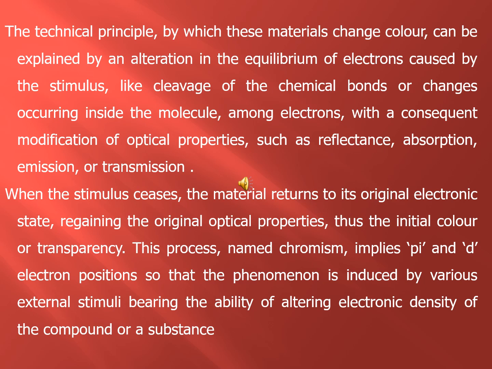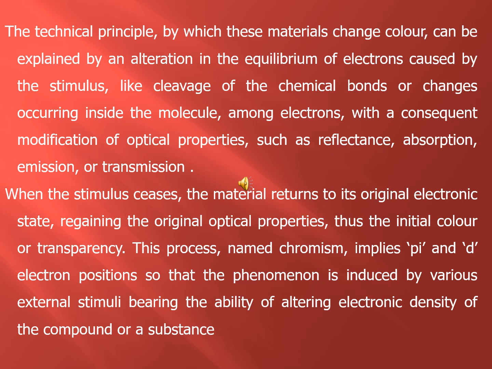Actually, how do these chromogenic materials exhibit a property which is known as chromism? This may be due to the change in the equilibrium of electrons or the cleavage of the bond, that is, the chemical bond undergoes a breakage when subjected to external stimuli. This external stimuli brings out the change in the equilibrium position of the atoms. Otherwise, when there is a cleavage of the chemical bonds, they modify the optical properties